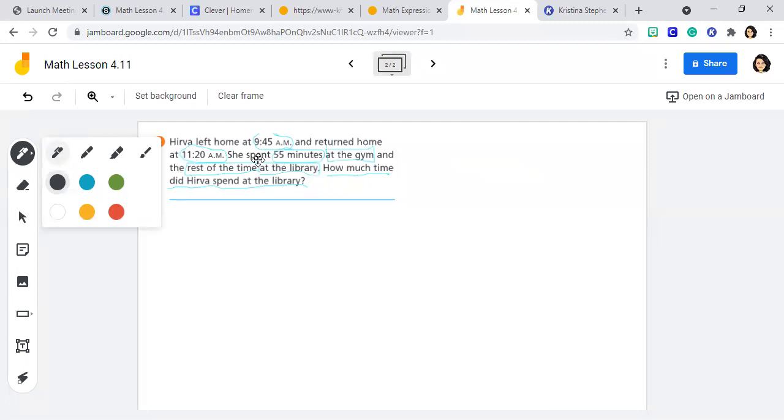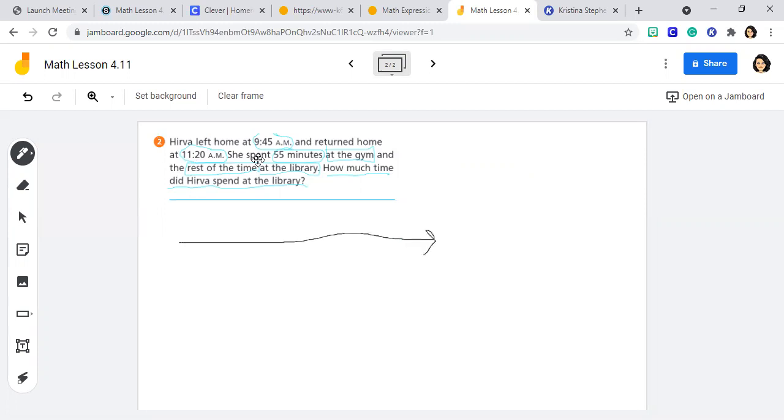So I think I'm going to use a number line here. You know what? I don't know if I want to put an end to it. I think I'm going to make it a nice long number line, just in case. And so I am going to start at 9:45 because that's when she left home. And I'm going to jump forward